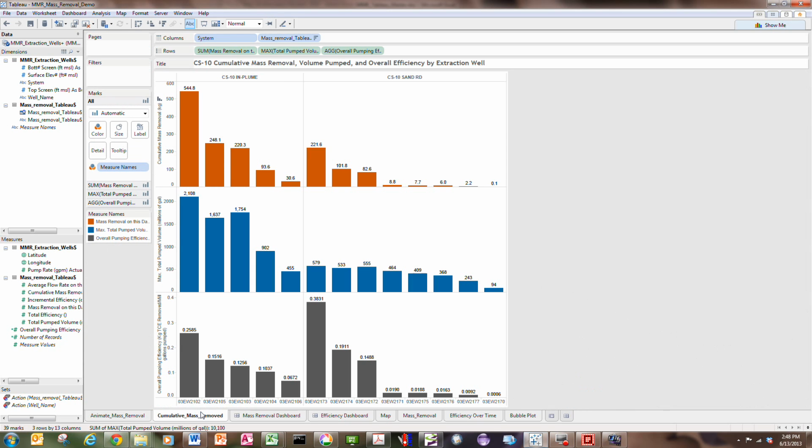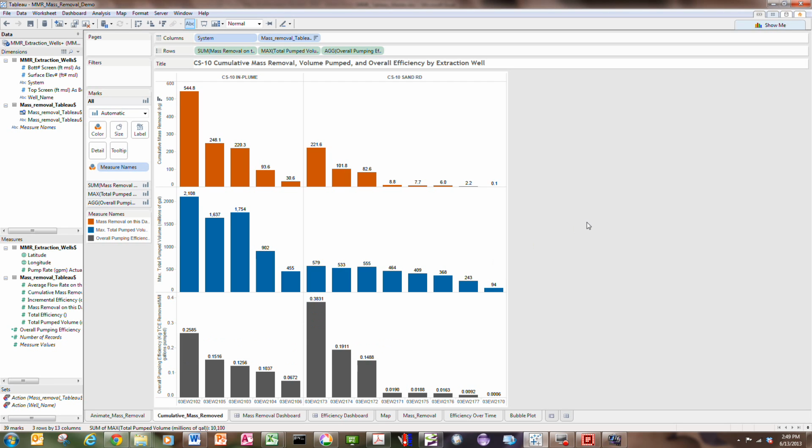The total amount of mass removed from these wells can be seen in this chart, where we look at cumulative mass removed from each of the wells. These first 5 wells are the in-plume wells, and these wells over here are Sandwich Road wells, and so they're named down here. You see, you have cumulative mass removal, then you have total volume of water pumped, and this is in millions of gallons of water. So for this particular well, 2102, it has pumped 2.1 billion gallons of groundwater to recover 544 kilograms of TCE, which gives it an overall efficiency of